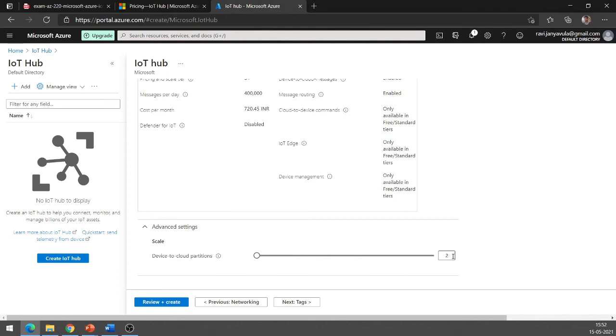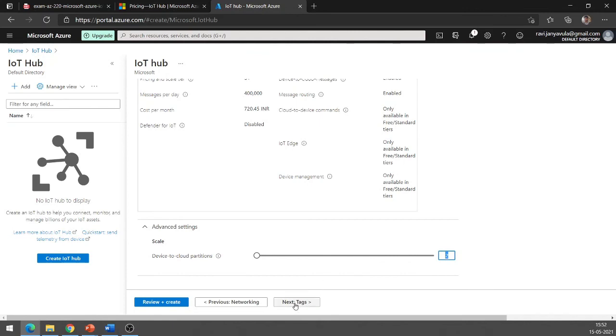If there are two partitions, you can have a parallel program which can run two parallel threads to read from Azure IoT Hub, so that it will increase your performance. So if you want to increase the parallelism, you need to increase the number here. By default, I will leave it as 2.